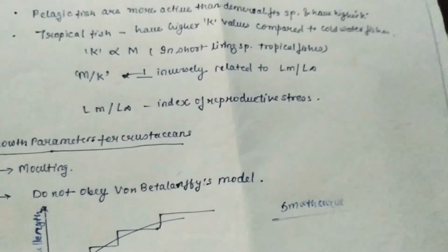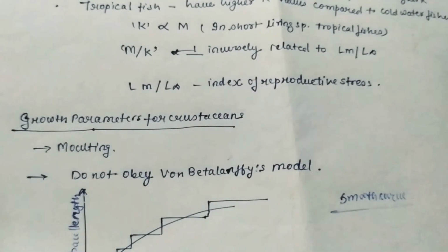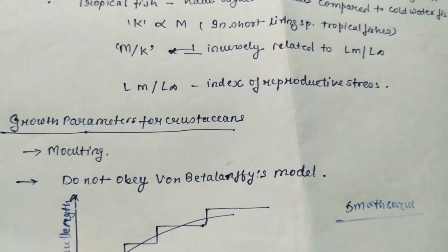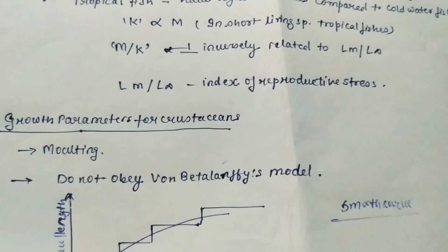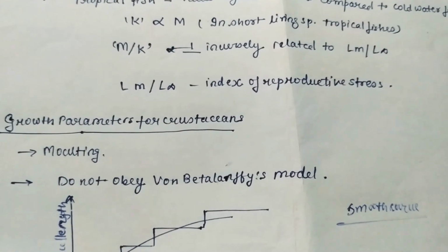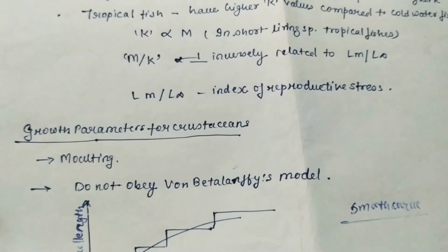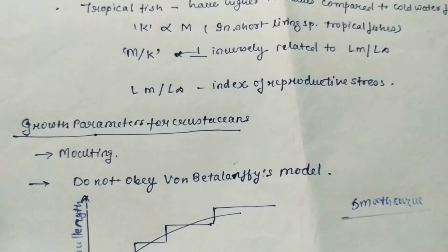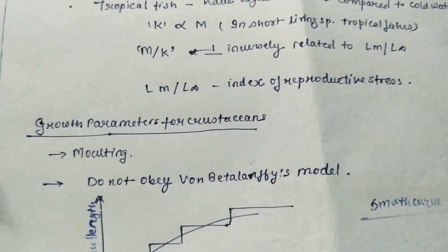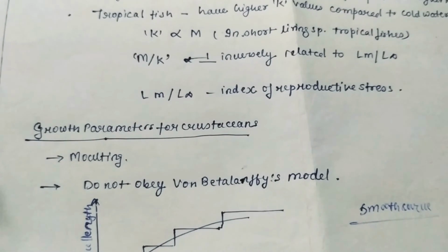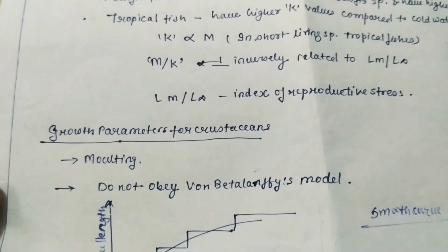So this is all about the von Bertalanffy equation and some of the models. If you are looking for Schaefer's model or the holistic model, we will be discussing it in the surplus production model. So this is only for the growth model, which is all about the von Bertalanffy equation, and we have to know only the equations and the scientists who gave these equations, and just remember the data.